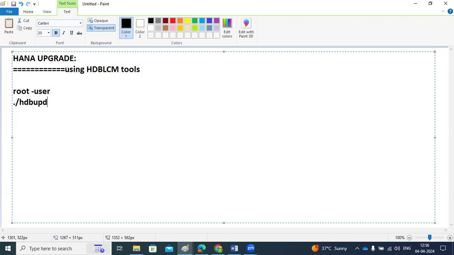Then execute the HDB LCM one of the file, HDB UPD, then it will start upgrading the system and everything here. Before that, you need to stop the SAP applications and everything. So HANA HDB LCM tools will be used to do the